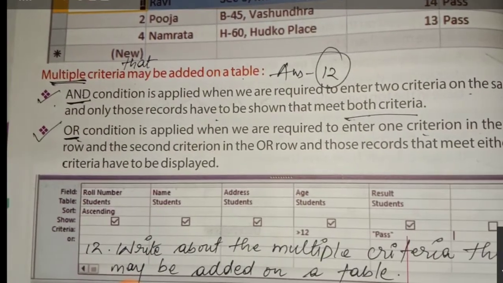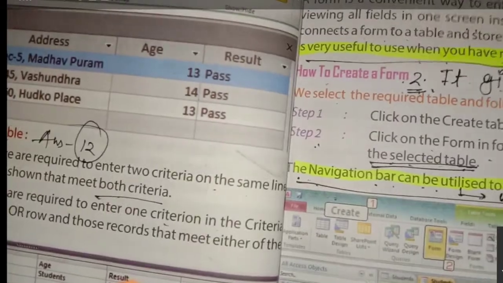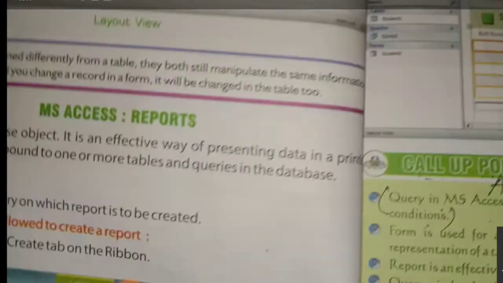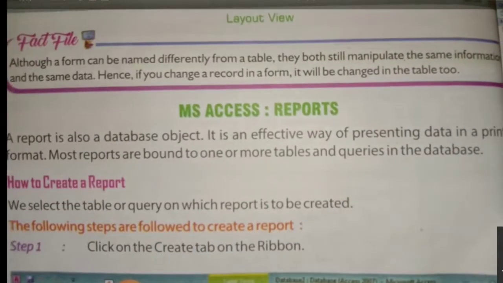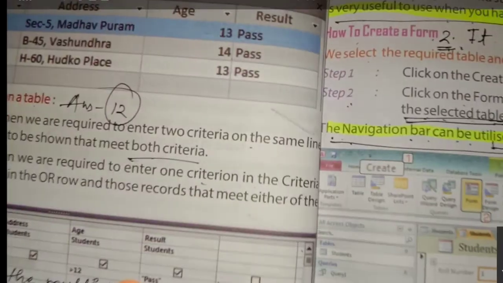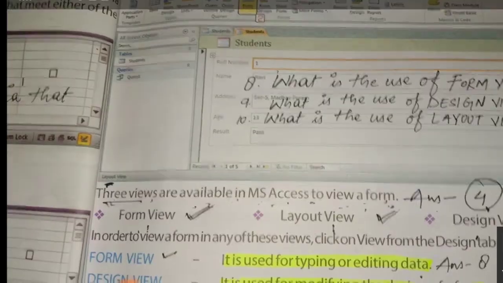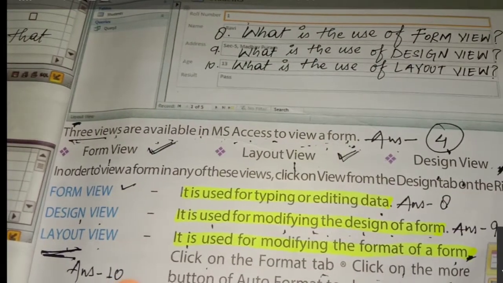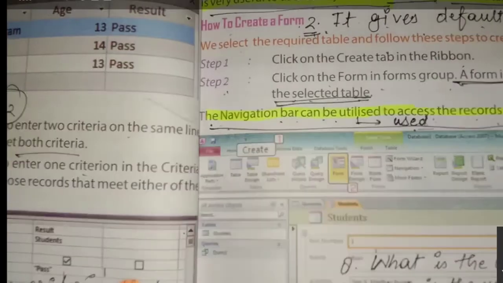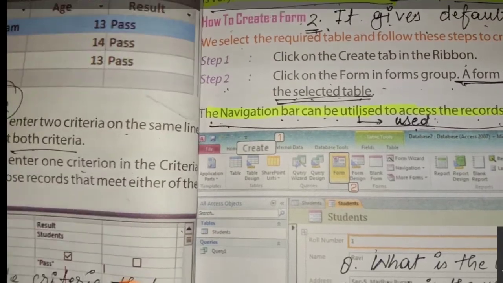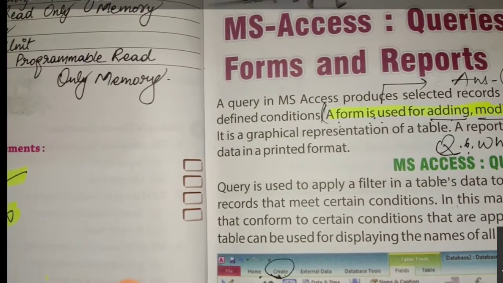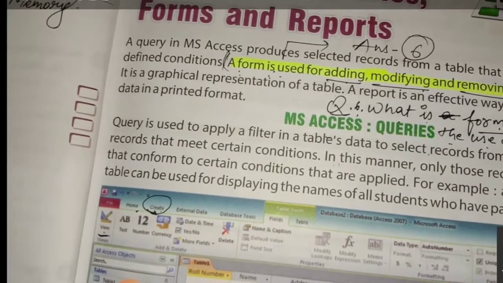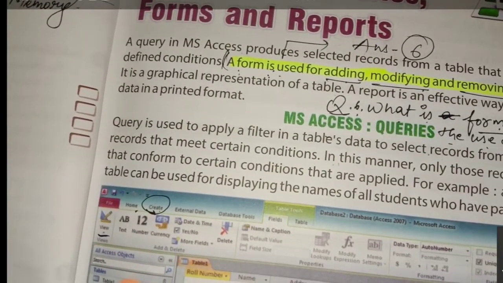Now I think everybody is clear with this chapter and we have completed it. Only we have to read about the MS reports. We had already read form view, design view, layout view. Once again we go forward with reading. Okay, fine.